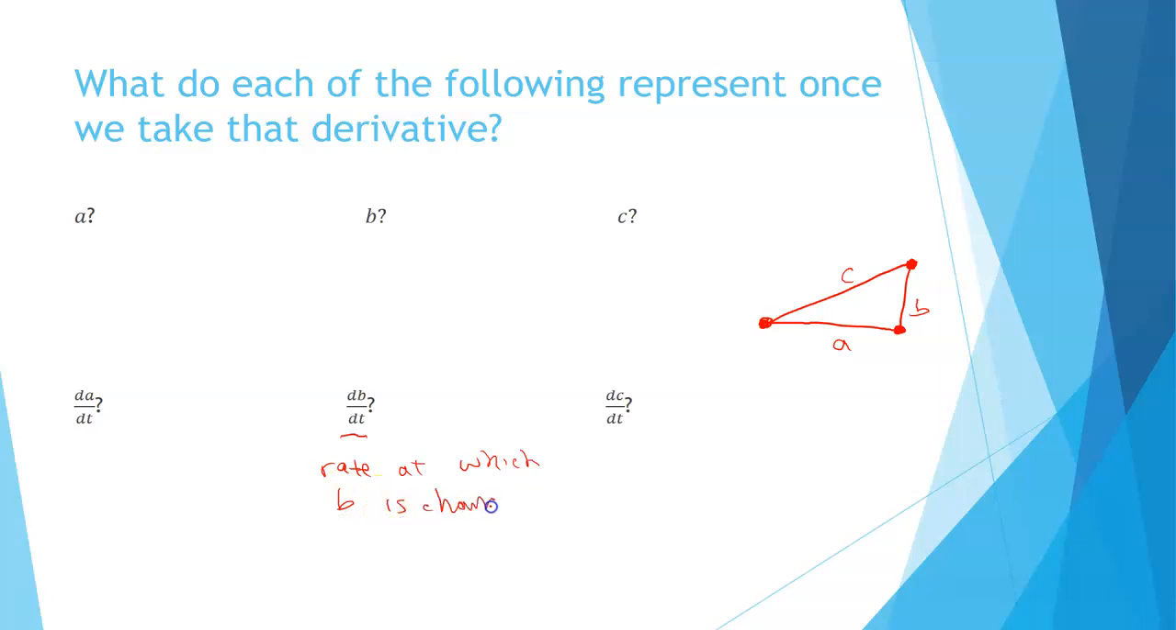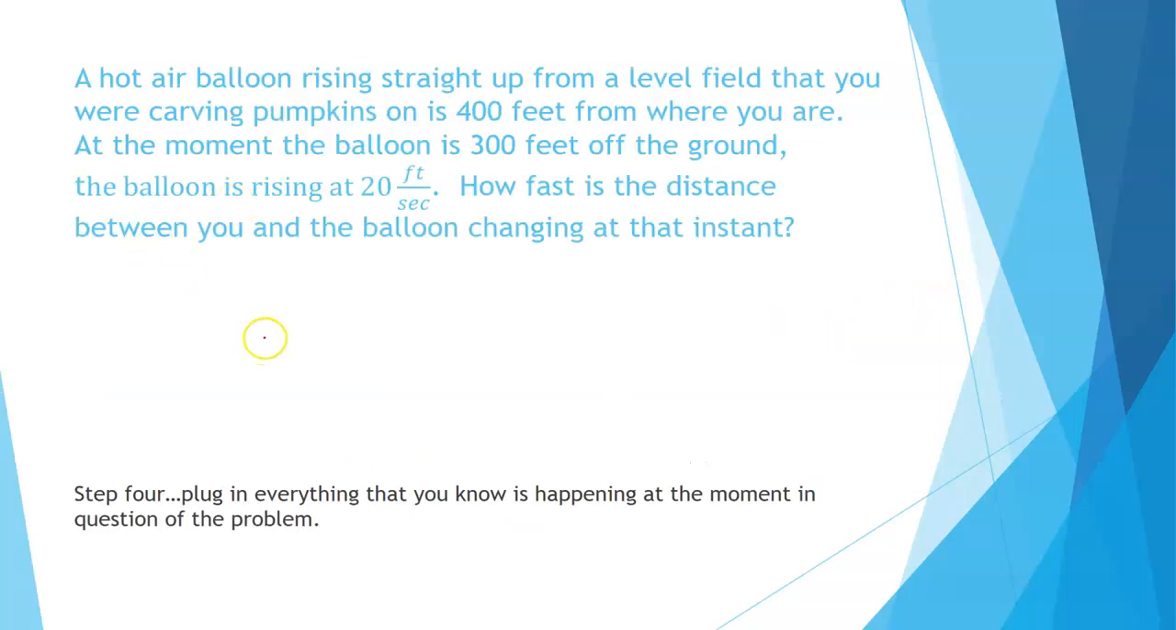And then dC/dt is just how fast C is changing. dA/dt is how fast A is changing. So all of those represent a speed, as far as how fast a distance is changing at a specific time. So if I go back to my problem, I've got 2A dA/dt plus 2B dB/dt is equal to